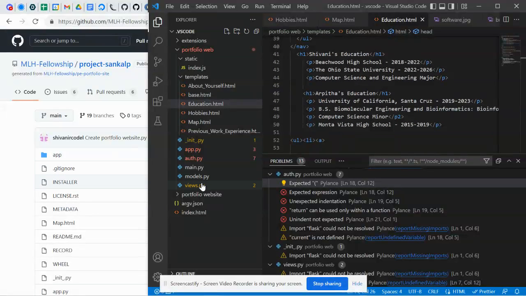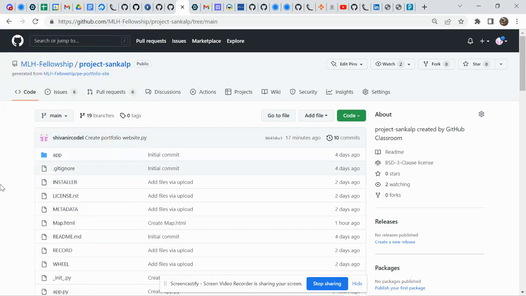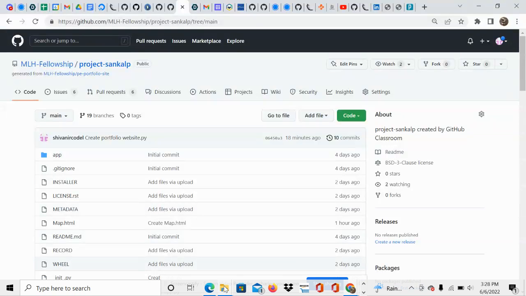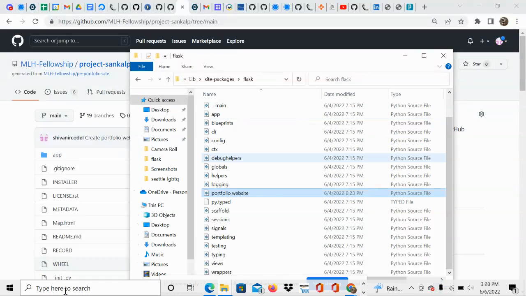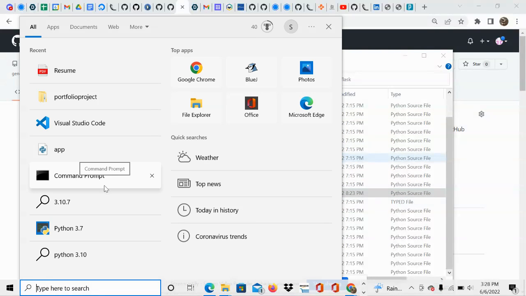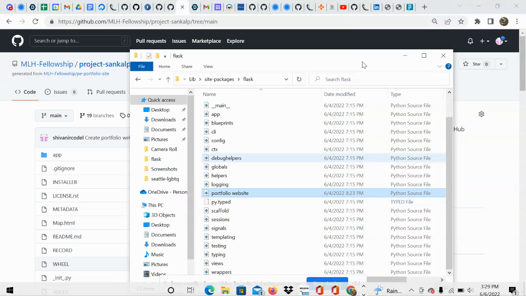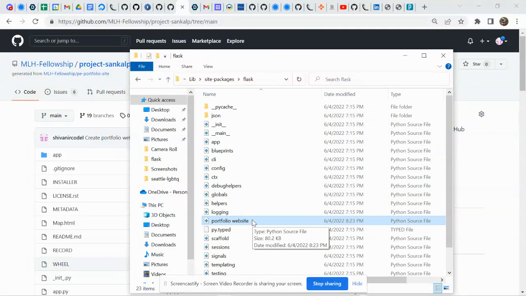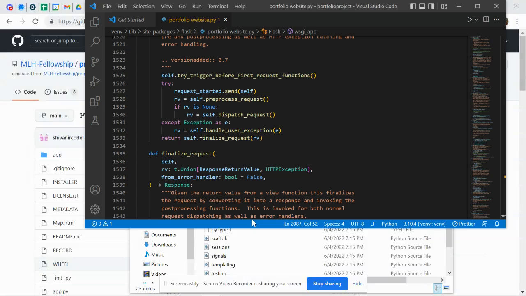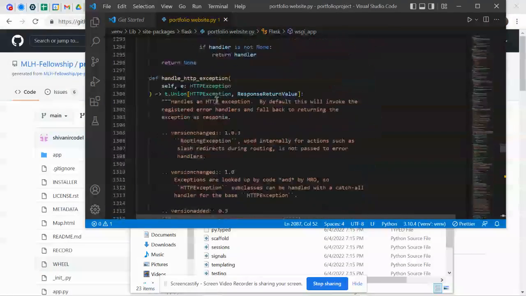So this is pretty much how it works. And then I would like to point out, we did download Flask onto our computers in order to code the Python website. And I did that using the command prompt and the Python terminal. So yeah, this is all that it has, and for this particular portfolio website, because that's our project, this is how I downloaded all